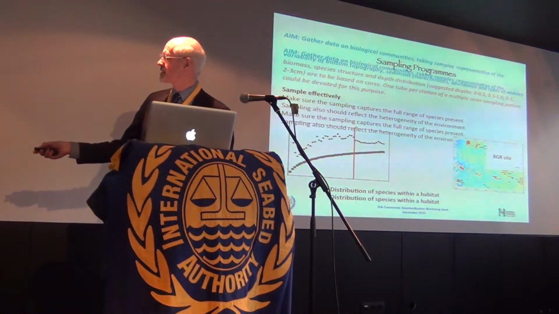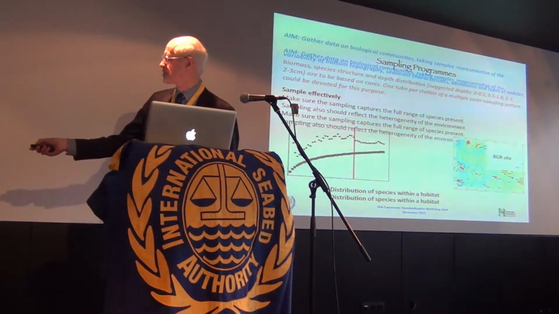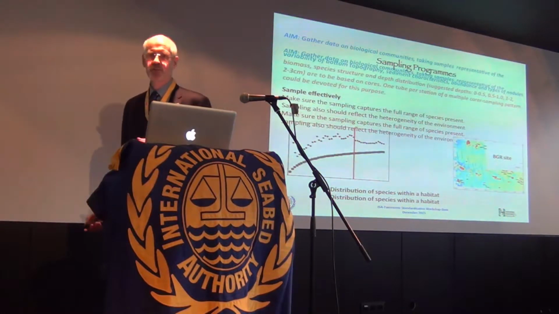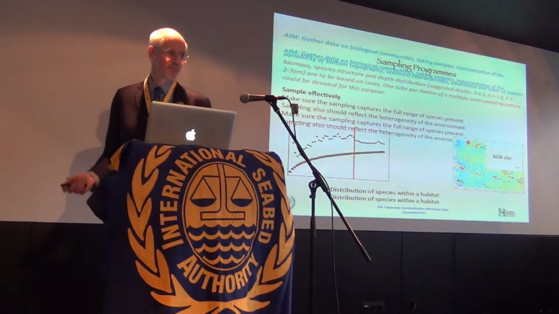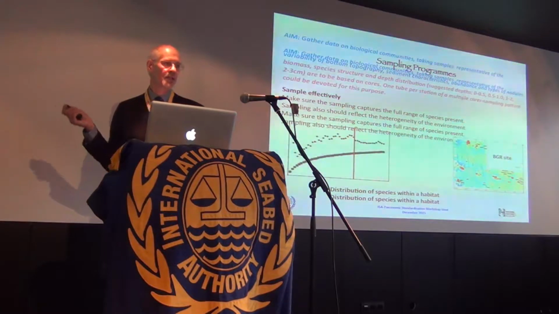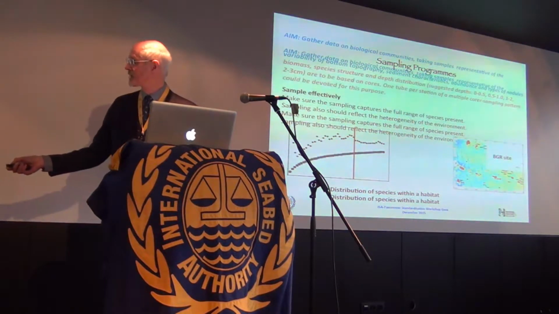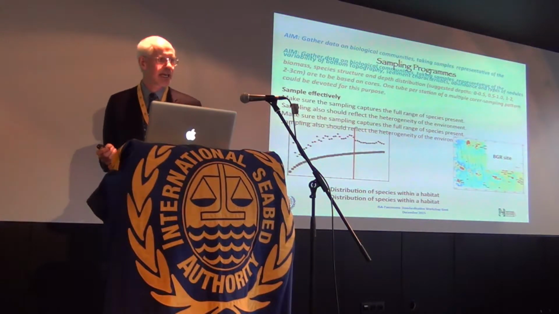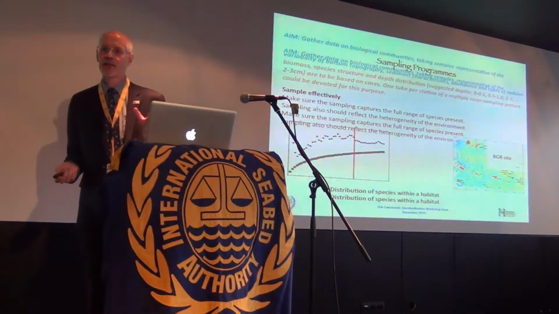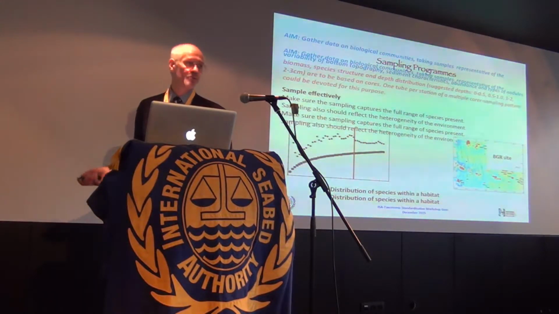This is an estimator of the species richness based on those sample sets. And it starts to basically level out about there. That is about 30 box cores. That's in an area of very low productivity in the western side of the Clipperton-Clarion fracture zone. Now with Meiofauna, because they're more abundant, I would expect that red line to be down there. But it indicates that you have to actually collect quite a lot of cores to be able to estimate the true number of species you're likely to have in the area.